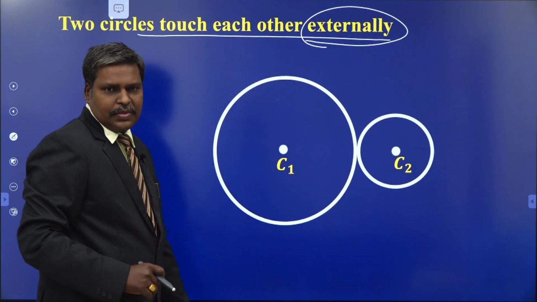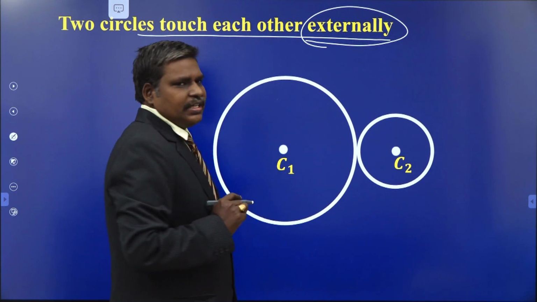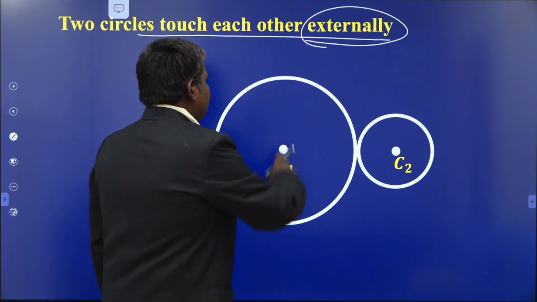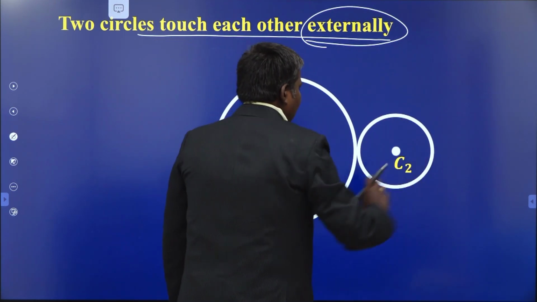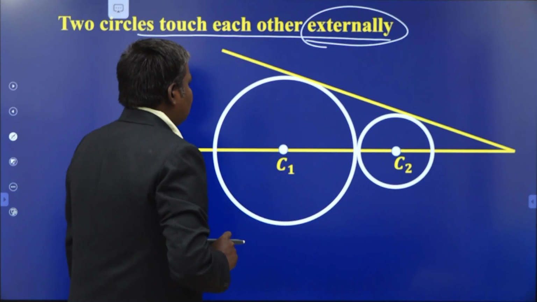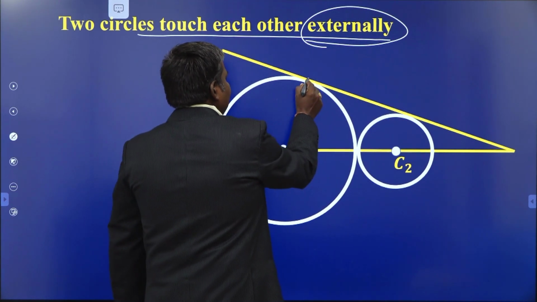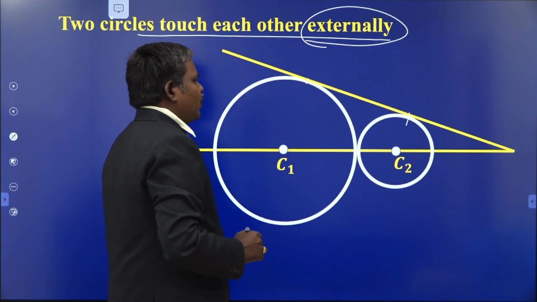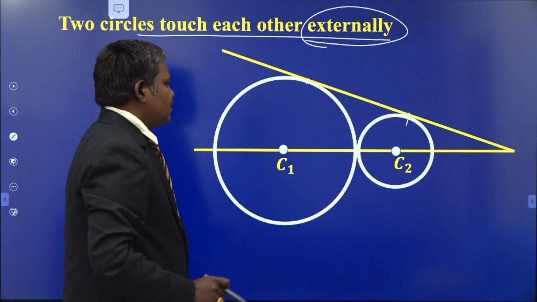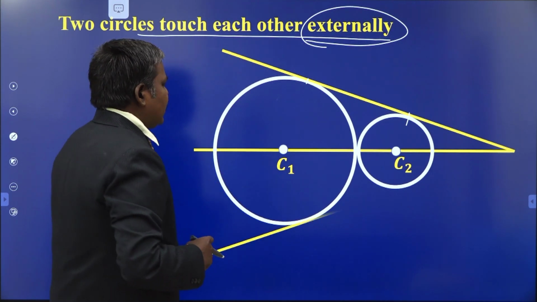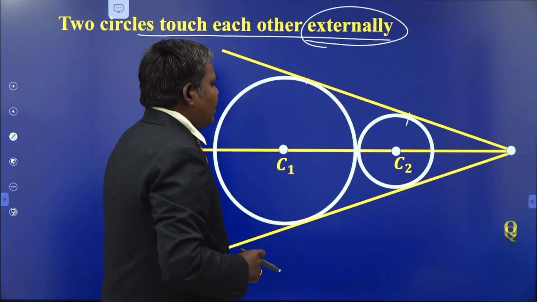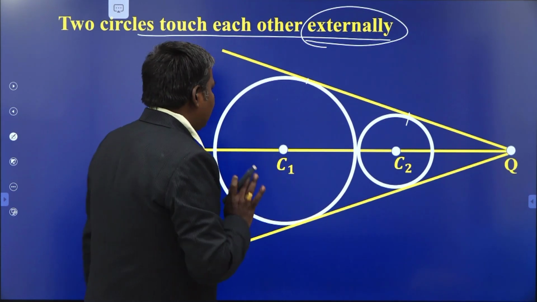This is the situation. In this case, how many tangents can exist? So these are the two circles touching each other externally. There exists one common tangent here, and one common tangent here. First of all, this is the line joining these two centers. Now this is one of the common tangents, touching the first circle at this point and the second circle at this point. It is on the same side of both the centers, so it is called a direct common tangent. There exists another direct common tangent as shown in this figure. These two direct common tangents intersect at what? The external center of similitude, as we discussed in the previous concept.